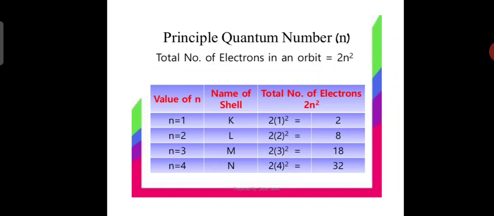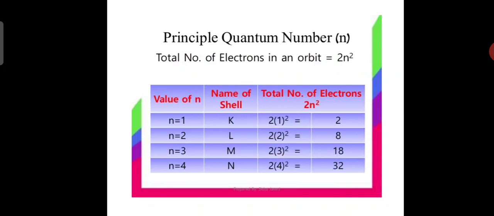Next, we have the total number of electrons. So, how many electrons are in each energy level? How are you going to determine that? You are going to use the formula 2n squared. Let's take, for example, energy level number 1. Using the formula, we have 2, and you put in 1 because that is your n. Then, squared. So, 1 times 1 is 1. Multiplied by 2, that will give you 2. So, for the first energy level, you have a maximum of 2 electrons.